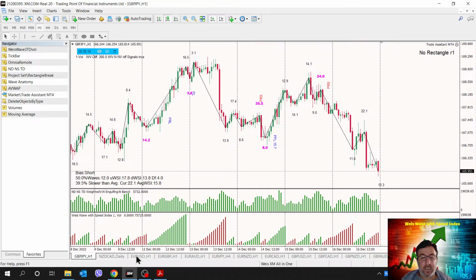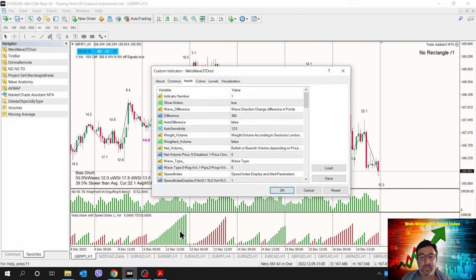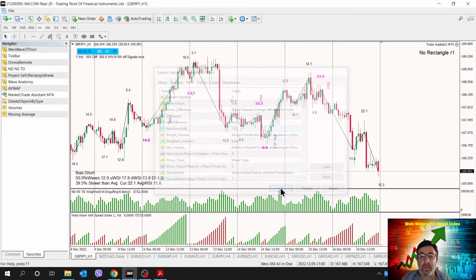This setting is right here, and I will set the auto difference to false and start with a sensitivity number. Okay, the higher the sensitivity, the more waves I get. The lower the sensitivity, the fewer waves I will get. All right, so let's leave it at 12 and see what's going to happen.